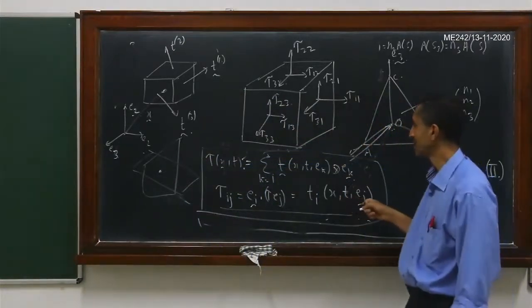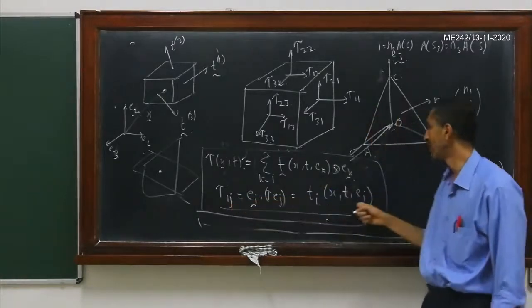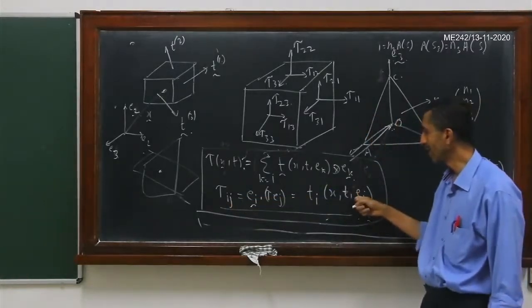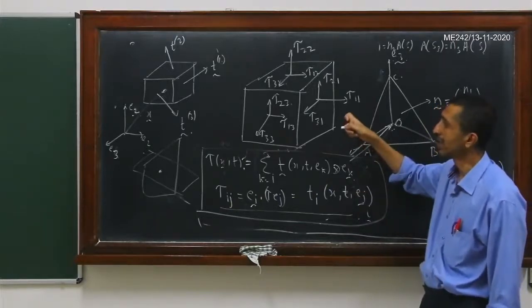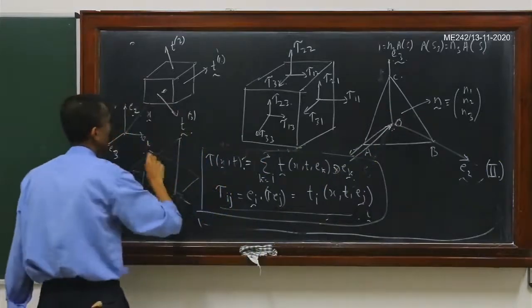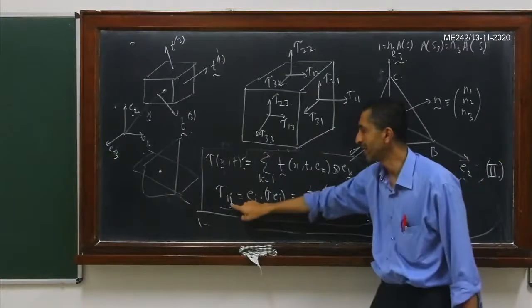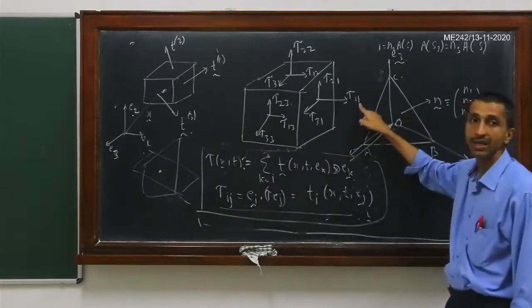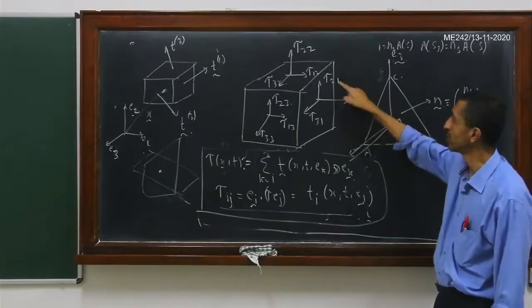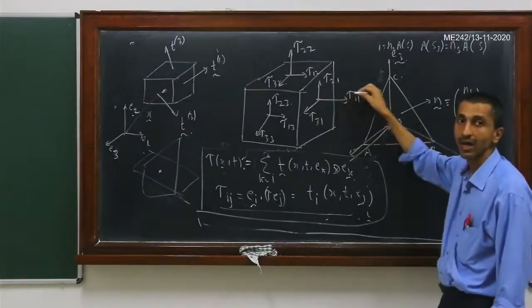So let us take this j to be 1. Okay, so if you take j to be 1, then that is basically the face whose normal is E1. Correct? So that is this particular face here. So this is E1. Yes. So here the second index indicates the normal. Correct? So that is 1. So here you can see that all of them are 1. So that means the normal is E1 here.